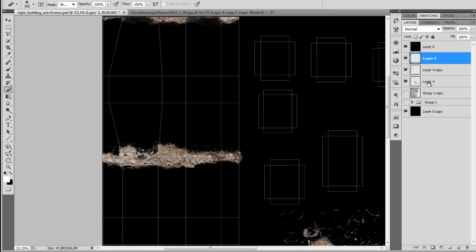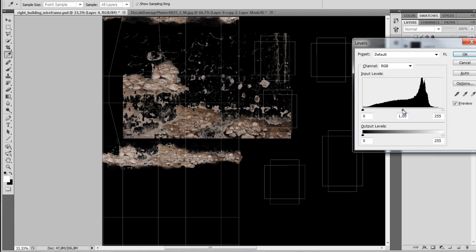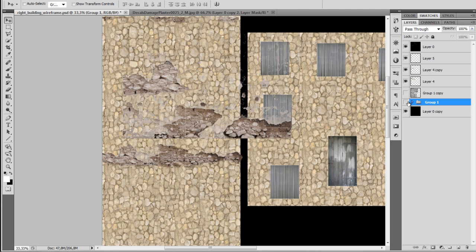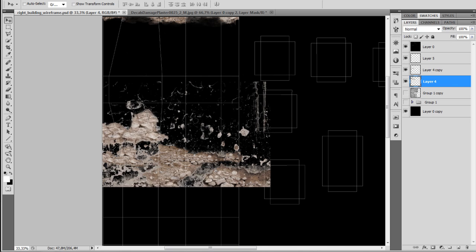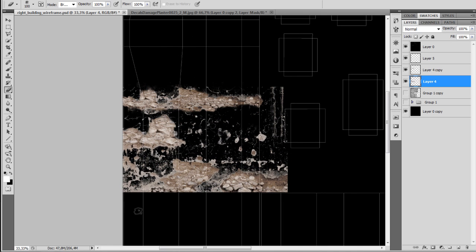So I'm turning off the texture underneath so I can see better. I'm using the texture that we've brought up initially. Again, brightening up with the levels a little bit. And this one will be used for the main parts of the building to create these little bits of wear and tear. So just positioning it correctly